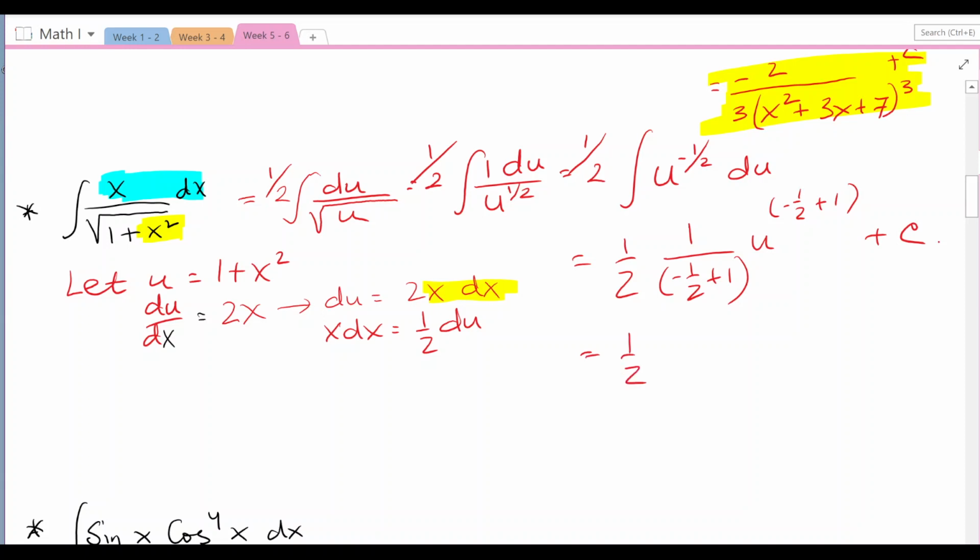So we have u to the power of negative half becoming positive half, like that, times u to become half raised to the power of half. This will be 2 over 2, so the 2 will go up there and get cancelled with this 2, so it is simply square root of u.